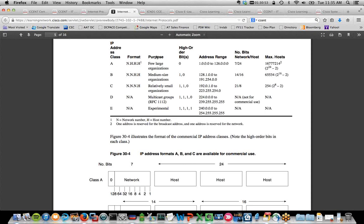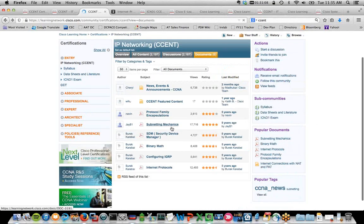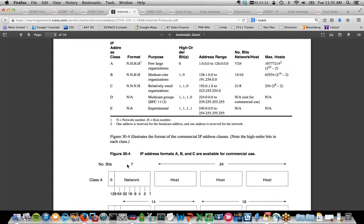Just to give you a high level right now, the address classes, if you look at these first couple bits within the network address, and this is, again, going back to why the different documents are rated as they were. Again, going back to why subnetting mechanics and binary math are such high-rated documents,